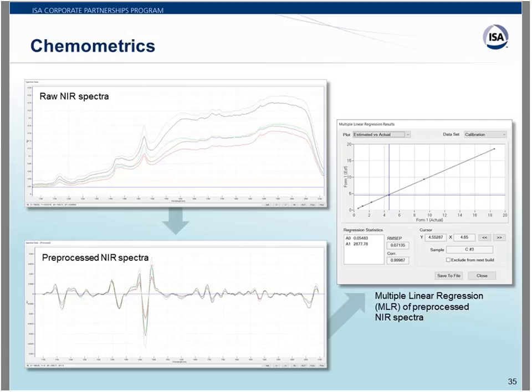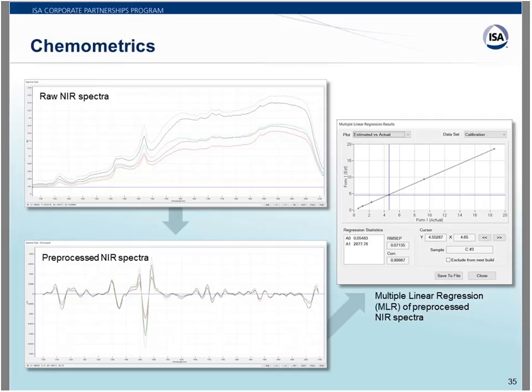Therefore, the model on the right is the result of a multiple linear regression statistical technique applied by selecting the appropriate spectral peaks representing the component of interest, based on the pre-processed near-infrared spectra given in the bottom left image. As you can see, the regression model of the pre-processed near-infrared spectra resulted in a correlation coefficient of